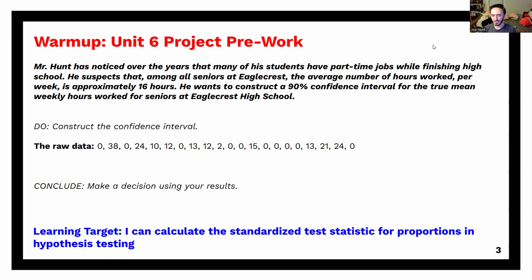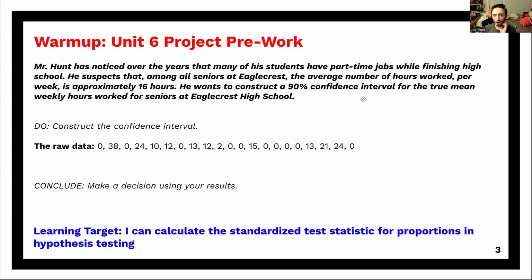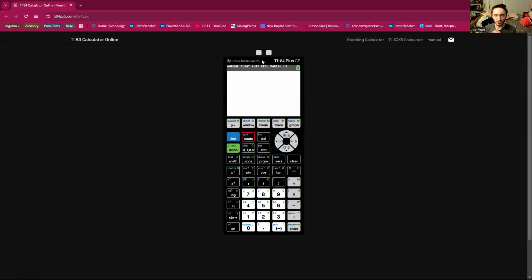For this particular set of data, what I'm going to do is show you how to use the graphing calculator to calculate your t-distribution and get your summary stats, just so we get flexible ways of working with the technology here. So I'm going to switch screens real quick to my TI-83, TI-84, and all I've done so far is just entered the data into the calculator.